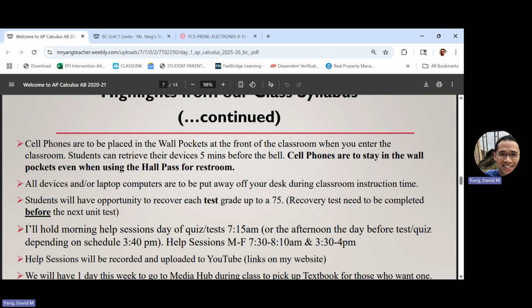But if you have any questions, you want to come in for an additional help session outside of the day or day before the test, I'm here by 7:15. So if you want to just come in and ask a question, want me to go over a problem with you, happy to do that. Usually I don't have any commitments in the morning. But if you want to make sure, maybe you want to text or ask me, hey, can I come in 7:30 tomorrow? I have some questions, and I'll let you know whether I have any conflicts. But I'm usually here in the morning. Okay.